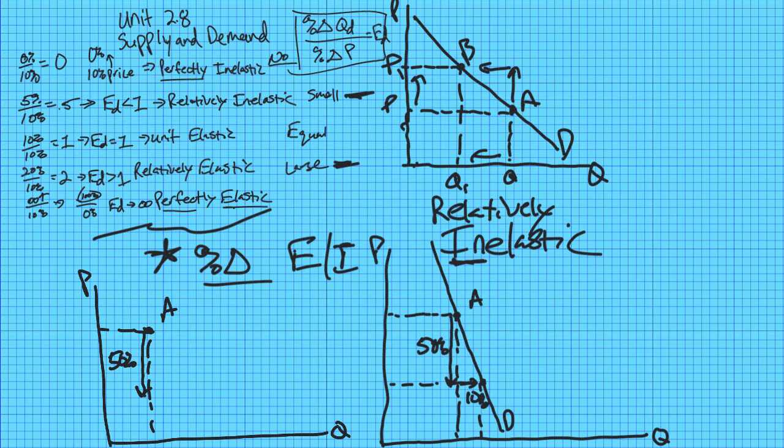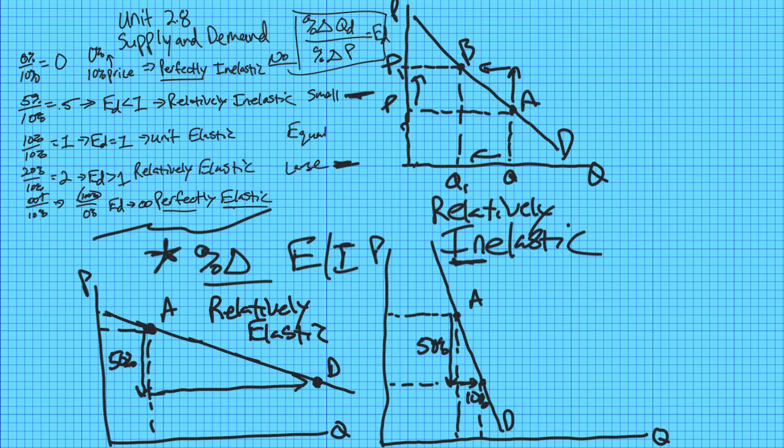But what do I know about the reaction now? Is the reaction going to be very small like it was, or is it going to be very large like that? Right? Well, we know that's going to be very large. It's going to be a big reaction. So the point might be way out here. And now if I connect those 2 points, I'm going to get a demand curve that looks a lot different than my last one. Still a downward sloping demand curve, but this time it's very flat. And that is a relatively elastic